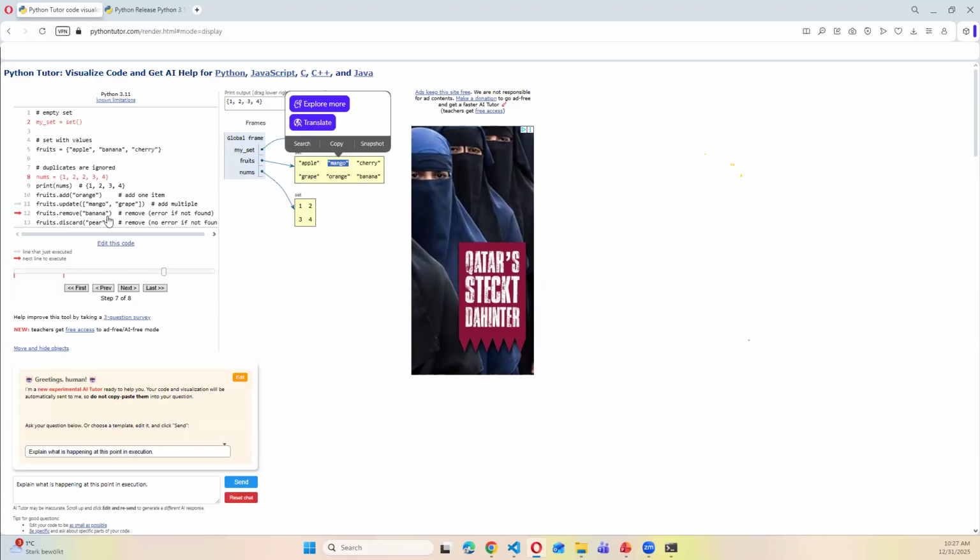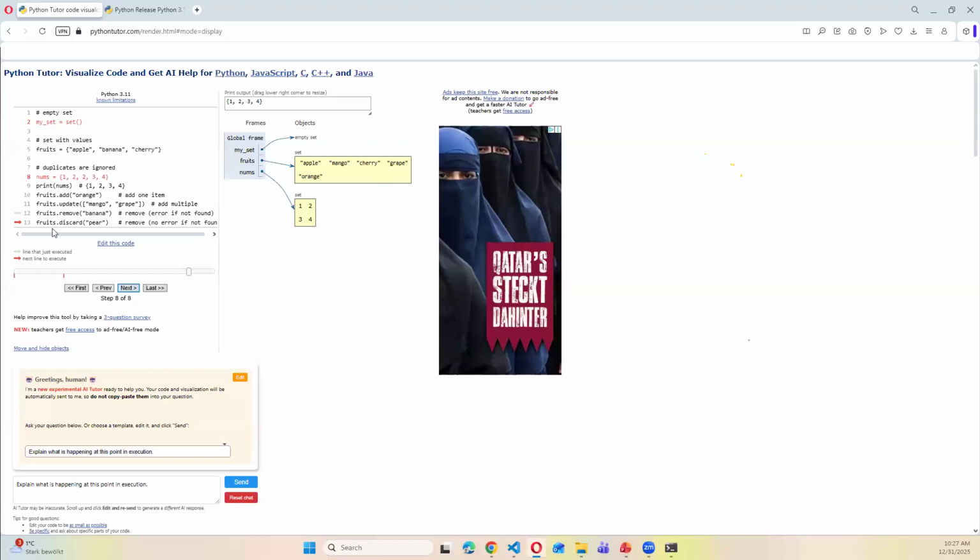If you write dot remove, it will remove. Now we can see dot remove banana. If I use this one, banana is removed. And if I say discard pear, it will discard pear. But why is there no error? Because if there is nothing there, it will just not show any error. It will just move on without any problem, because we don't have pear in our set. But still it is not giving you an error, because it's fine with this. When there is nothing inside, it will just skip the error for you.